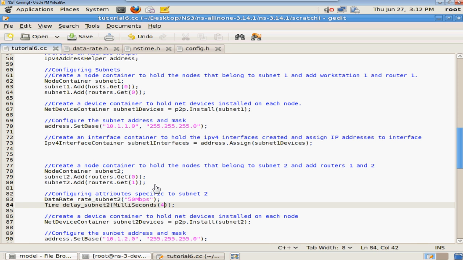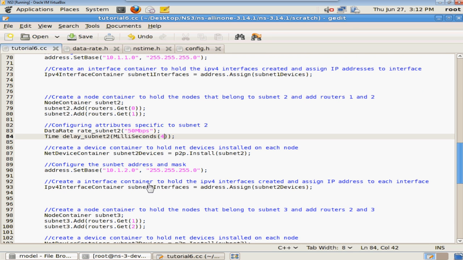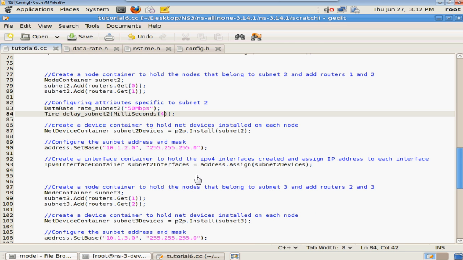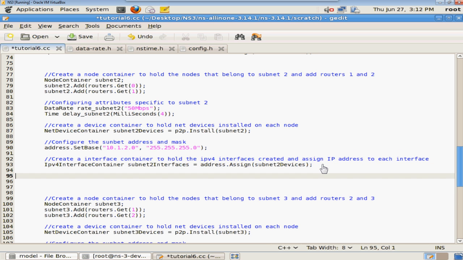And we want 4 milliseconds for the delay on that point-to-point channel. So I'll save that, and then let us go ahead and actually use the config set method. So I scroll down just about here, after we would have assigned the IP addresses to the nodes in subnet number 2. So I'm going to use the config set,